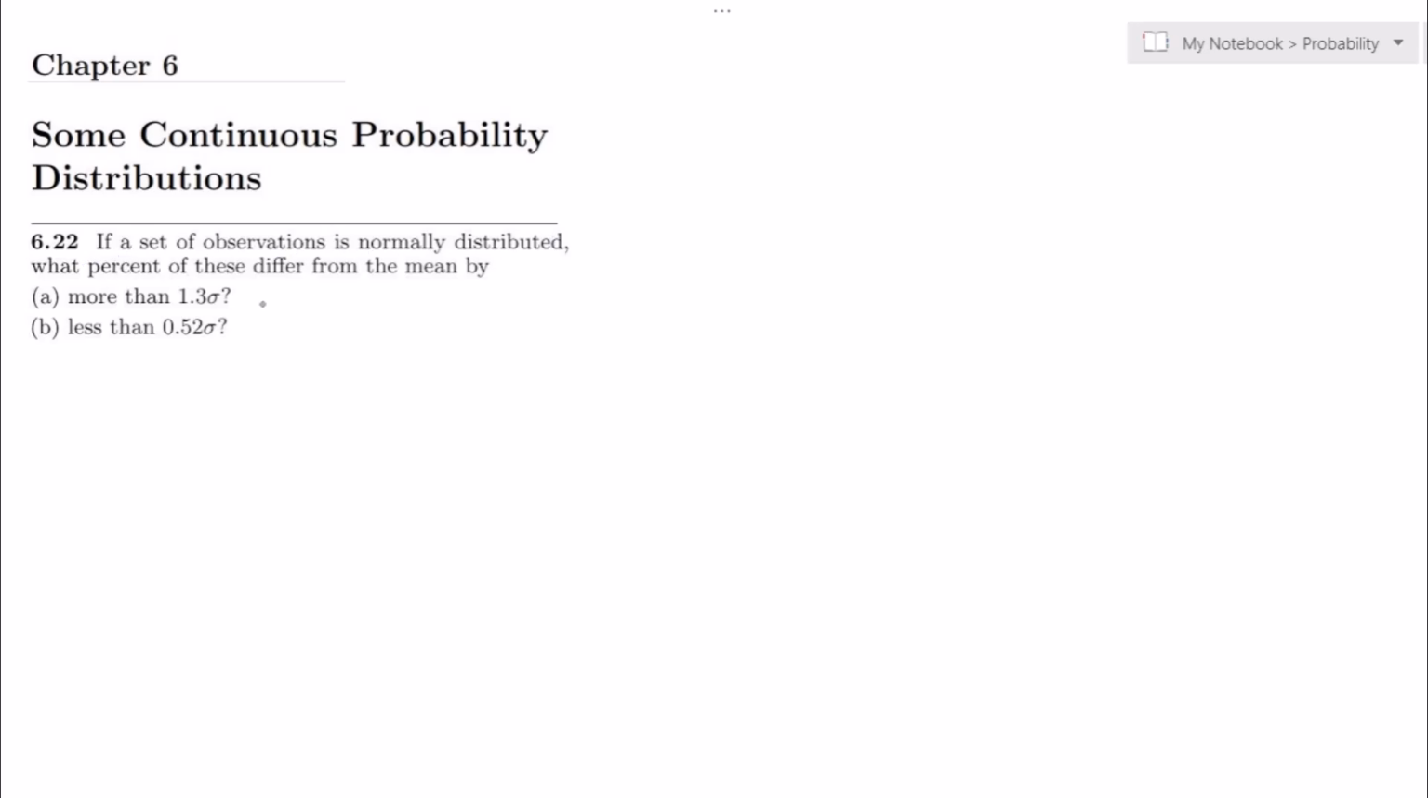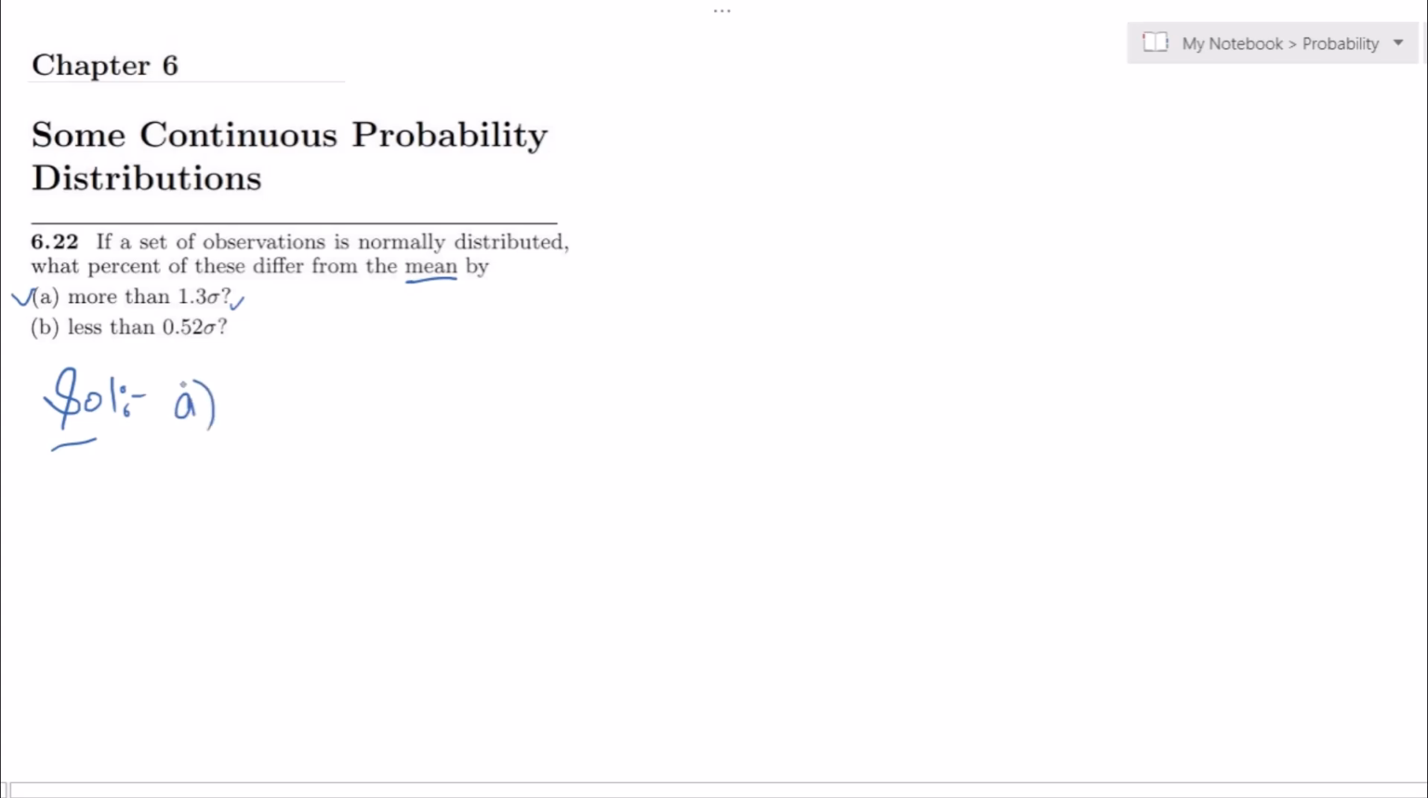If a set of observations is normally distributed, what percent of these differ from the mean by part A: more than 1.3 times sigma, or 1.3 times the standard deviation; B: less than 0.52 times sigma, or 0.52 times the standard deviation. Okay, so let us first solve part A of my question. So the solution,